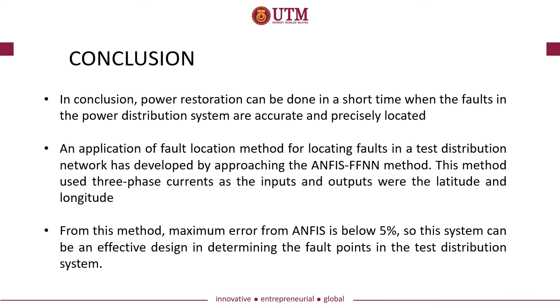An application of a fault location method for locating faults in a test distribution network has been developed using the ANFIS-FFNN method. This method uses 3-phase current as the input and the outputs are the latitude and the longitude. From this method, the maximum ANFIS error is below 5%, so the system can be an effective design in determining the fault point in the test